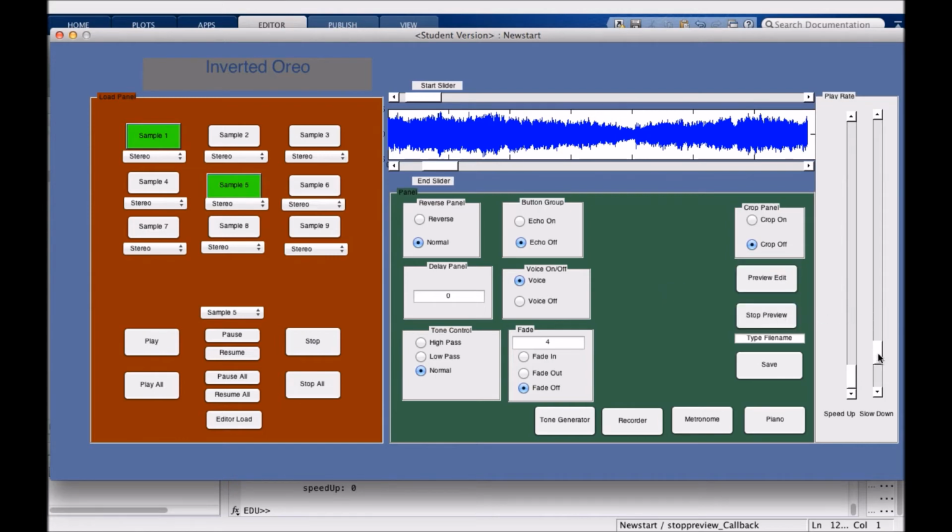And so now we're going to apply multiple effects to one audio file to show you guys that you can do that. So just for fun, let's put the song in reverse, let's echo it, let's take off the vocals, and let's crop it too. So I'll go from here to the starting point here. If we preview that edit,